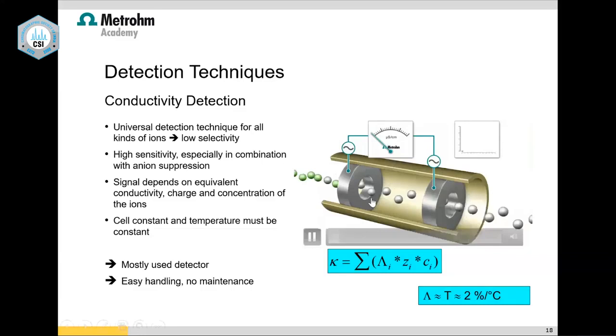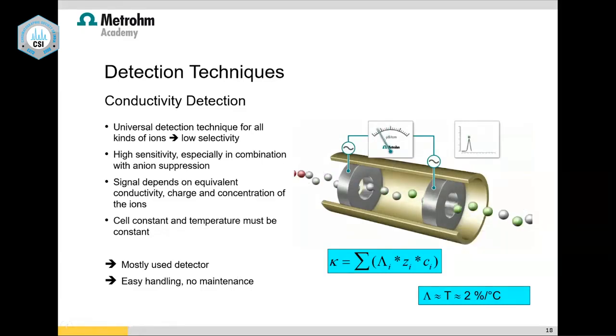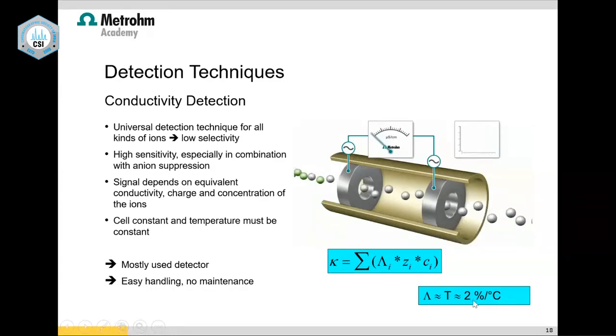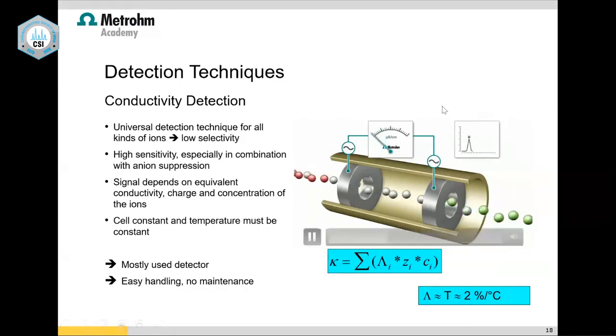Most importantly, the entire flow cell is kept under thermostated conditions because there is a variation of 2% per degree Celsius. So external influence will bother our results. This flow cell is kept at a constant temperature. Normally we keep it 5 to 10 degrees above room temperature. So if room temperature is 25, we keep it somewhere around 35 degrees Celsius. This is how we do the analysis.